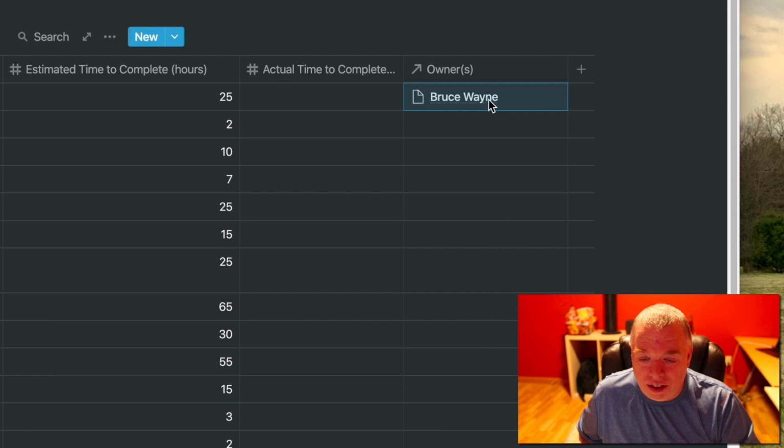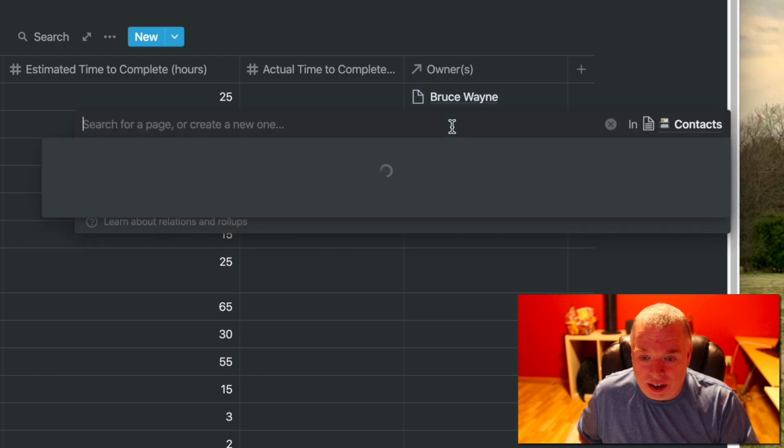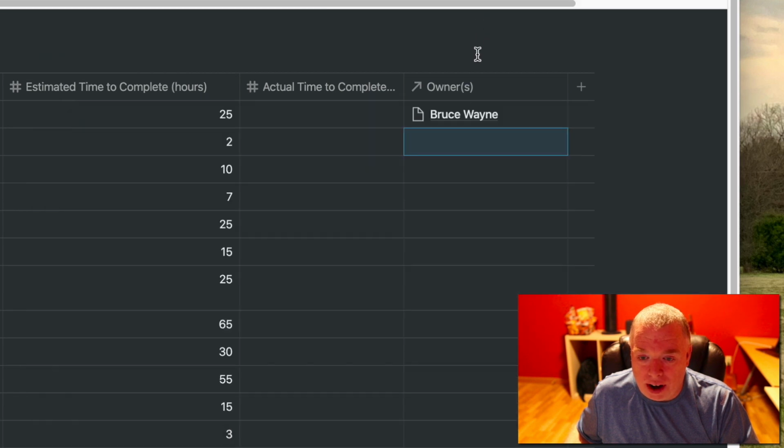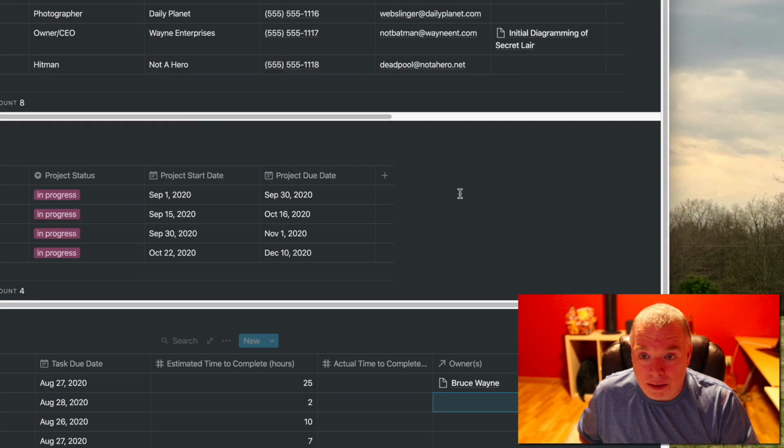And now you can see Bruce Wayne with a little page. So remember, every row of a table is a page. Now there's a reference to that right here. And if I click in here to the next one, I can add somebody else, but I'm not going to do that. Now that created a relationship between this and the contacts, but let me come back up to the contacts,